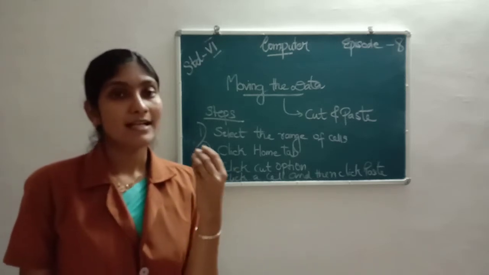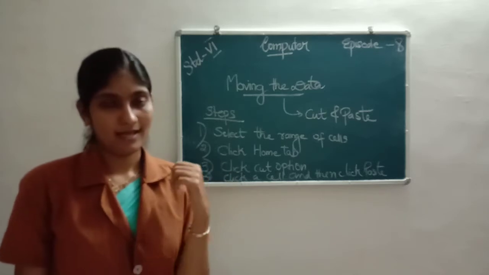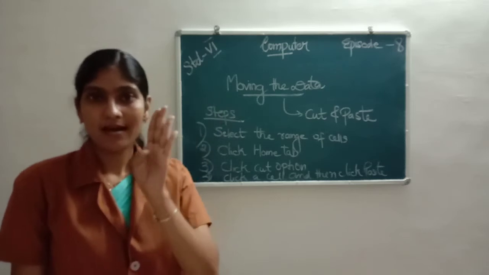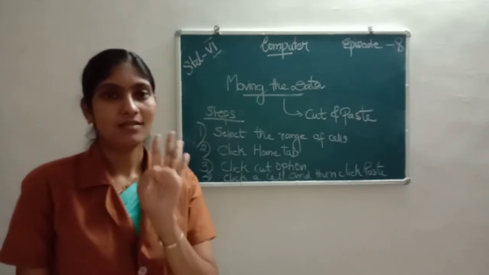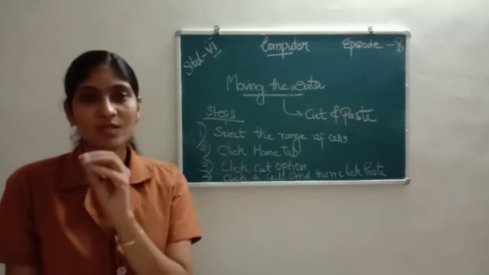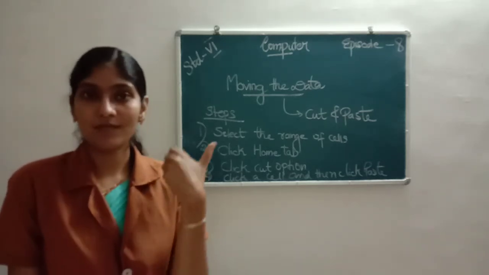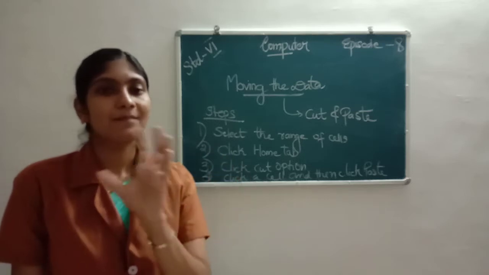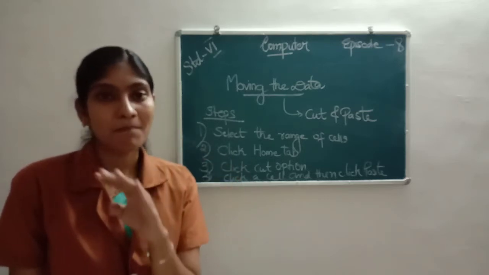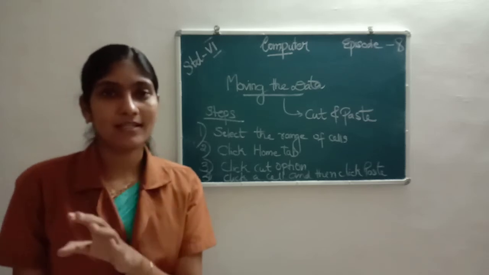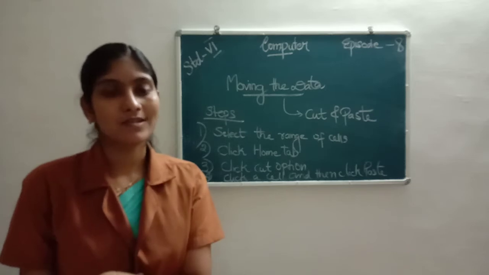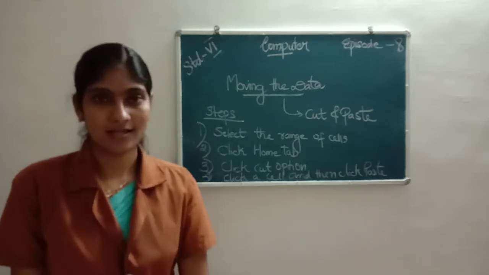Second, go to the Home tab and then click which option? The Cut option. There is a scissor picture, so that is the cut option. So click the cut button and then click an entry or a cell where you want to paste the whole content which we cut. Then go to the Home tab and click the paste option, and finally the whole content is removed from the original position and displayed in the new desired position. Alright.